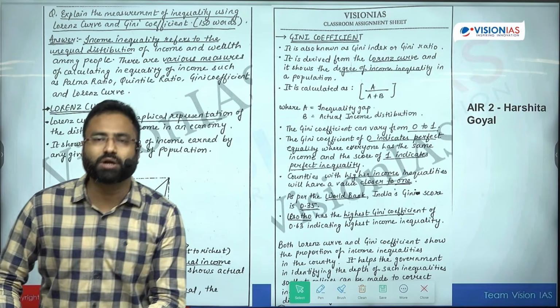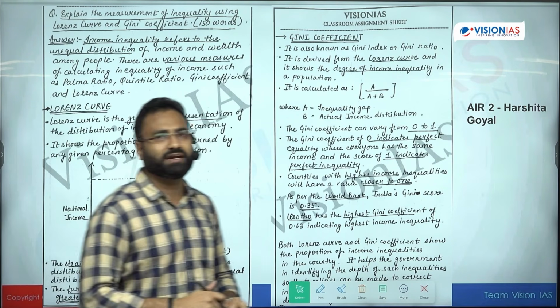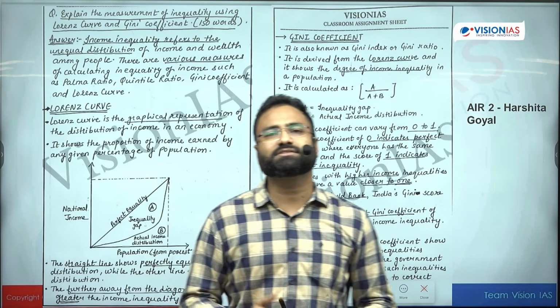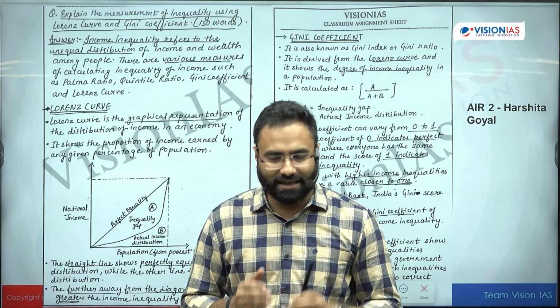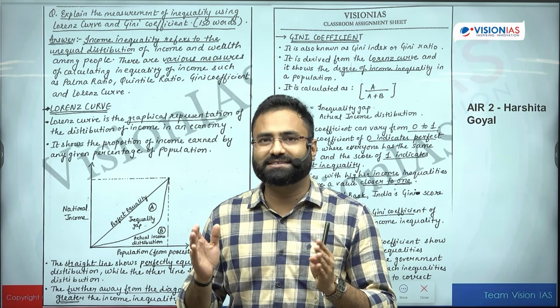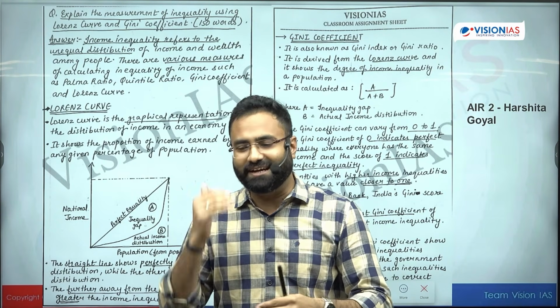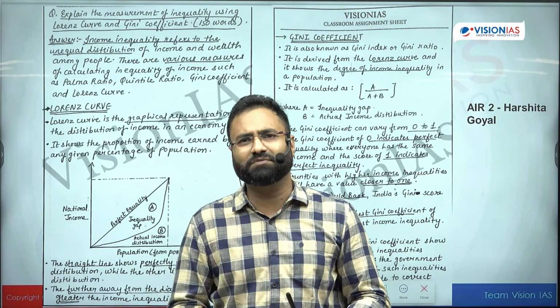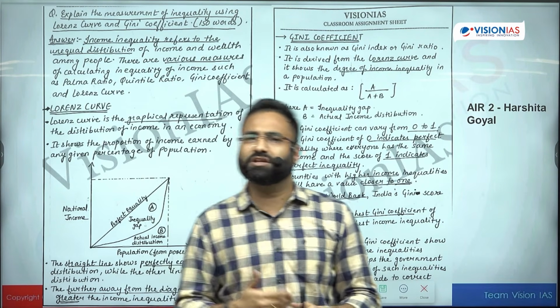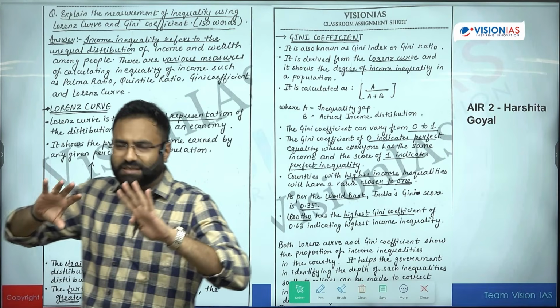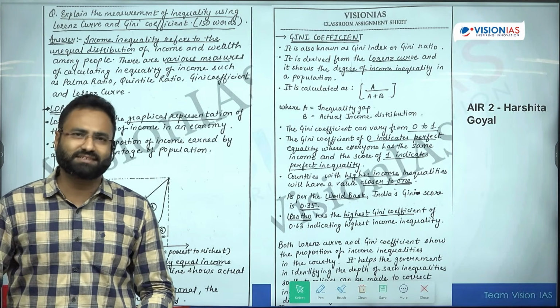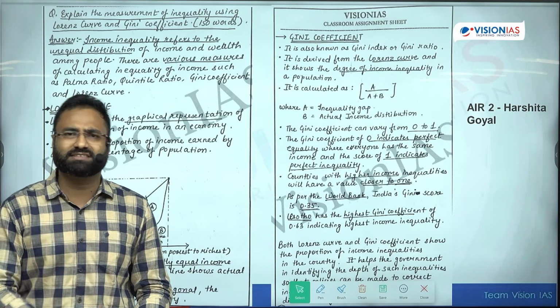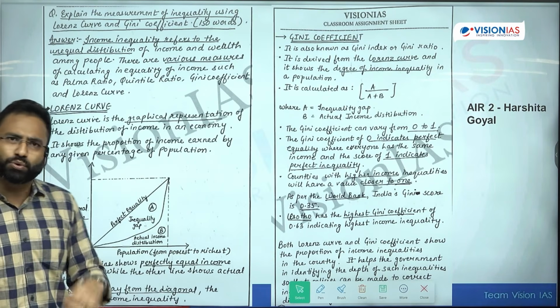Now what this visual appeal does, in the last session also we had discussed that you have to sell your answer to the examiner, because there are very few chances that the examiner will be that interested in reading line by line and word by word. There may be a chance that he is looking for certain keywords, and after finding those keywords, his quest for searching in your answer is done, and then he or she will decide what marks to award you.